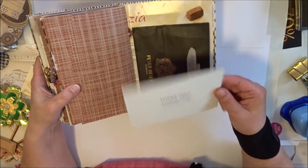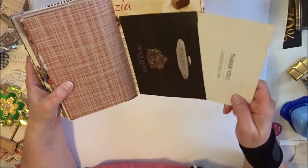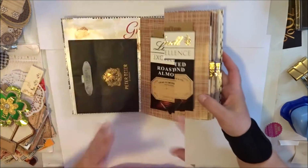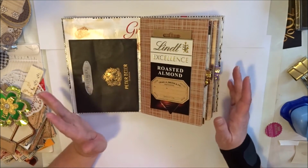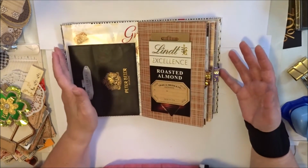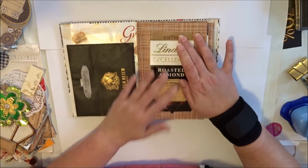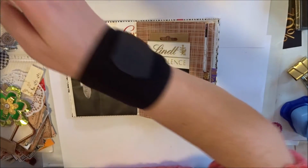There was this card, so I'm going to embellish this a little more, and then I have a perfect journal card. So let me just flip through and show you what I've done so far. I'm not done yet, but I just wanted to show you, because I have in my stash, and let me bring it to the camera,